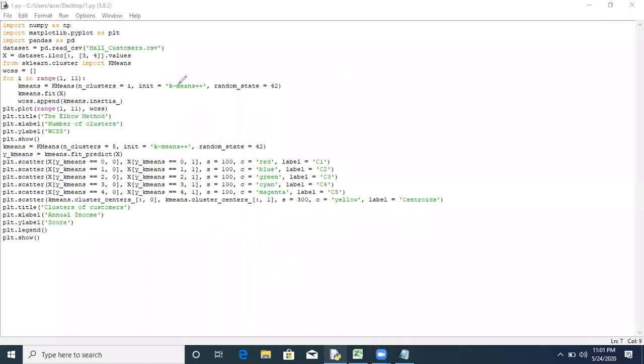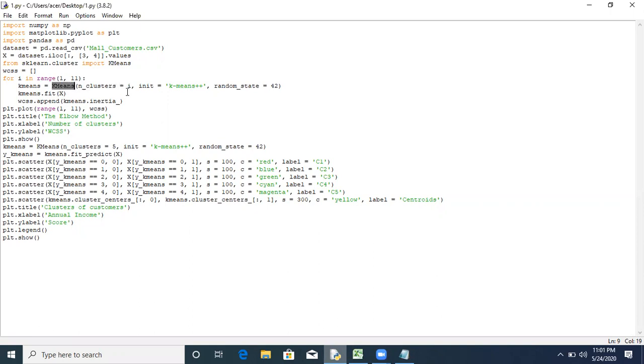Here kmeans is equal to KMeans. This kmeans is the object, with all small letters, because these two are different. This is the object and this is the class KMeans, and inside this function we are using n_clusters.